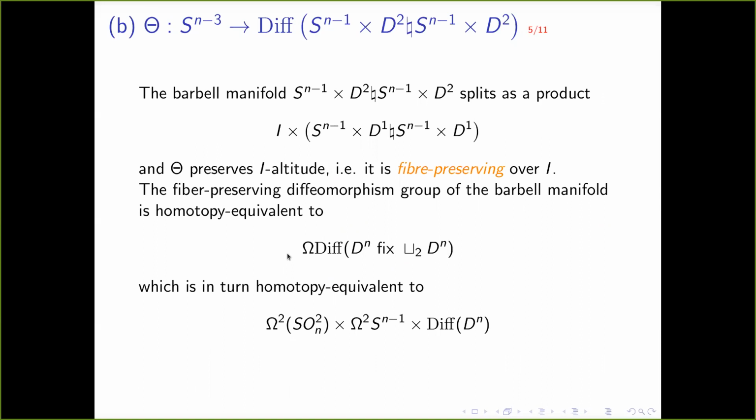And if you think about that a little bit more, that's homotopy equivalent to Diff(D^n) and some double loop spaces: a sort of framing parameter of the D^n's, and a double loop space on S^(n-1). From the point of view of this homotopy equivalence, the disks are allowed to, in families, sort of orbit around each other. So these diffeomorphisms, you would think of them as sort of the braiding